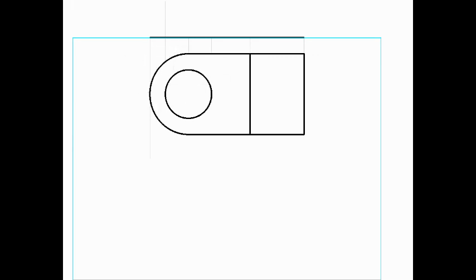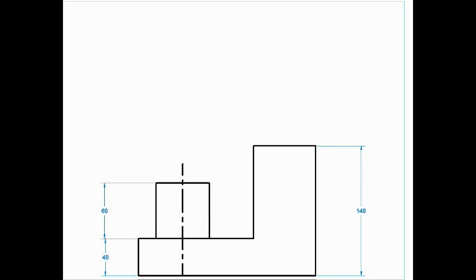So if you switch to front view, you can see that this lower plate is having a height of 40, which is semicircular in shape. This is having height of 60 above this thing. That is from bottom it is 100. Then this rectangular block is having height of 140. Now these two views are there. So this is the front view and this is the top view. You have now seen these two views.